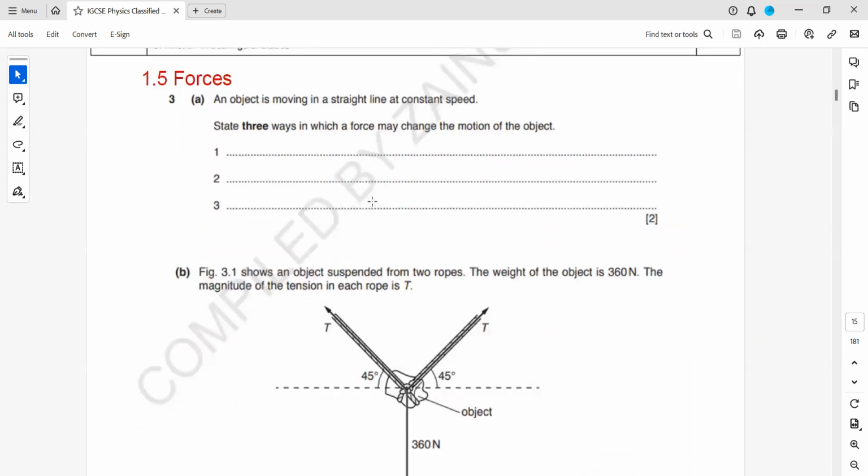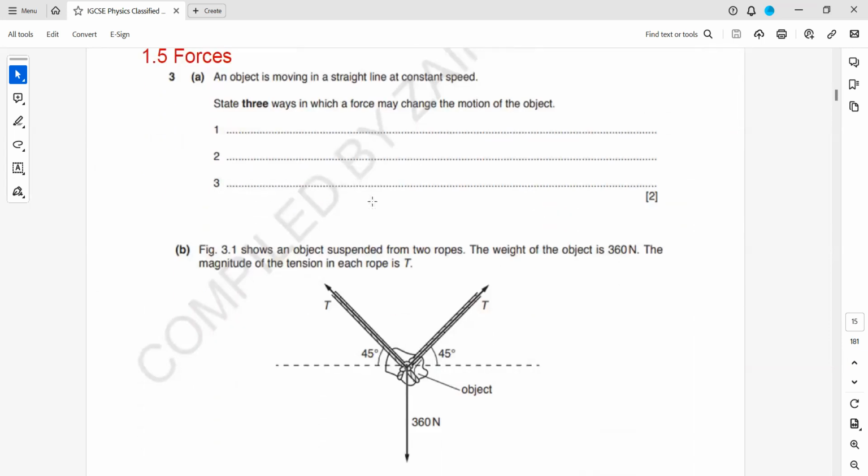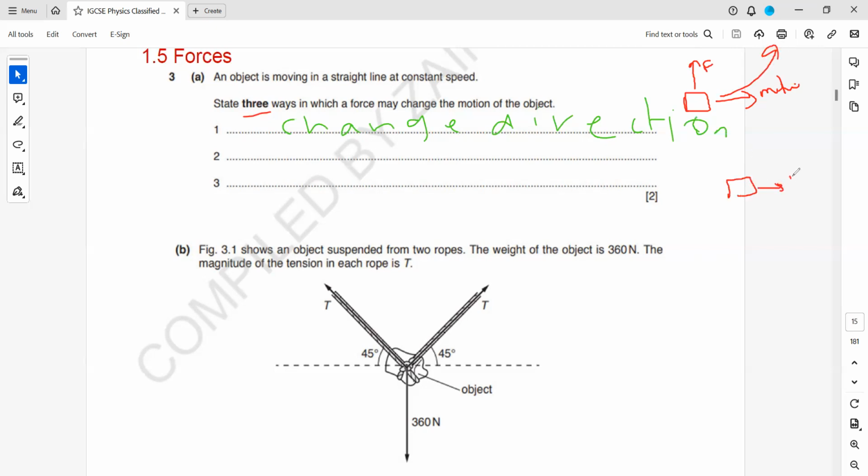The next is related to force. An object is moving in a straight line at a constant speed. State 3 ways in which the force can change the motion. There's an object which is moving in a straight line. This is the direction of the motion, say towards the right hand side. When the force acts, it can change the direction. Like if the force acts perpendicular to the motion, it will change the direction. Or if the object is moving